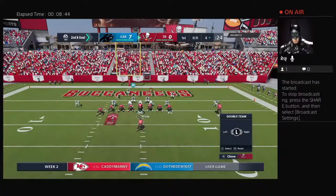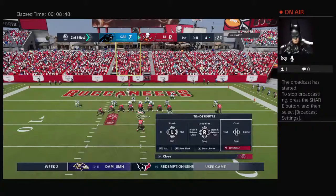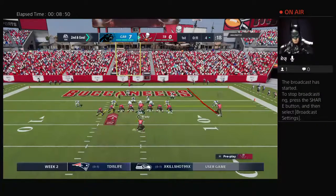Let's make these babies crawl all the way back. He's coming. Double up, double up. He's coming, double up. Back,